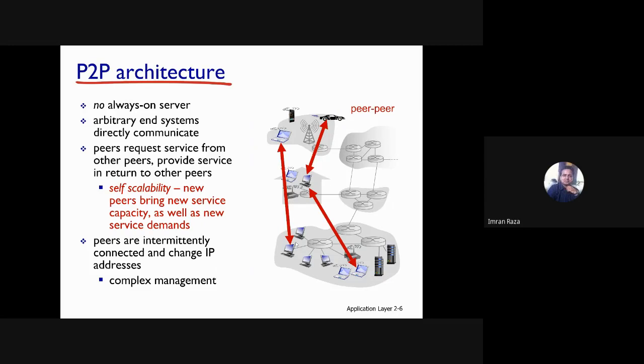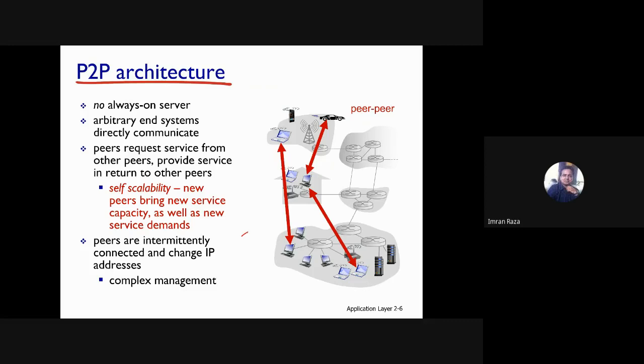And the second type of architecture that we can develop a network application with is known as peer-to-peer architecture, where the peers are directly communicating with each other. So there's no always-on server, right? There are arbitrary end machines that directly communicate with each other.